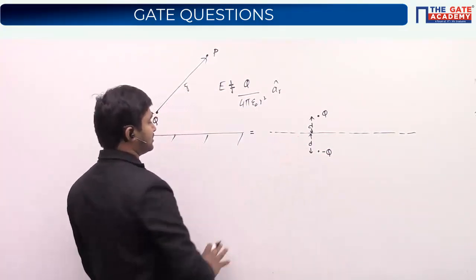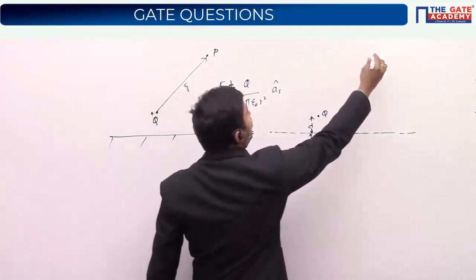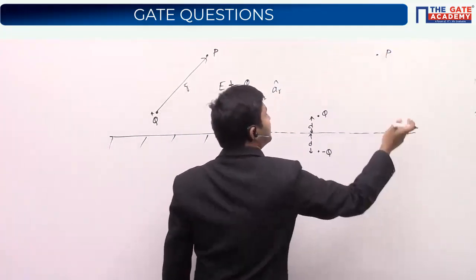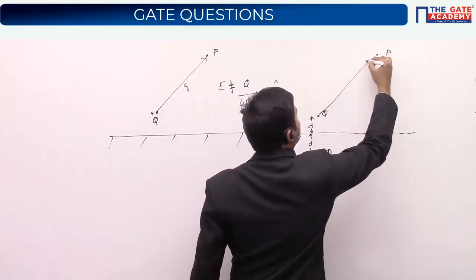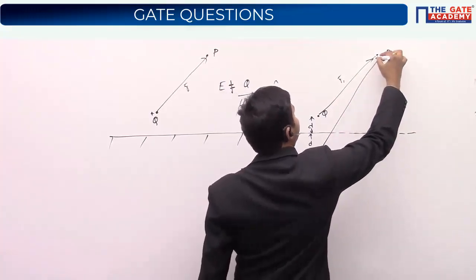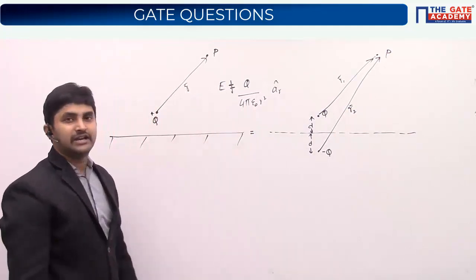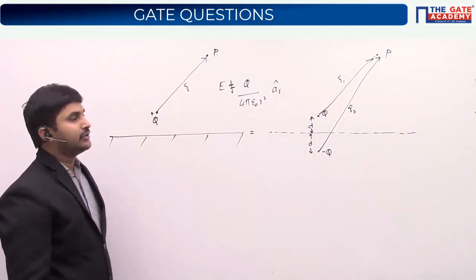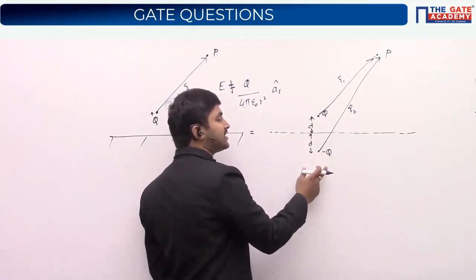So this is what the scientist has suggested: whenever you want to find an electric field at the same point P, let us say, the electric field is because of the charge Q, let us say R1 bar, and also because of minus Q, R2 bar. The total electric field will be because of the two charges. One is the charge itself, the other is the image.